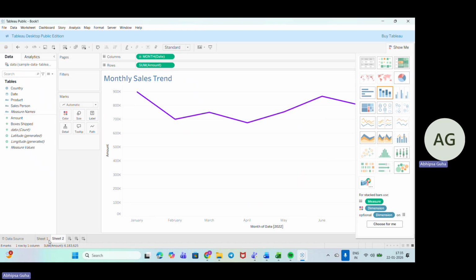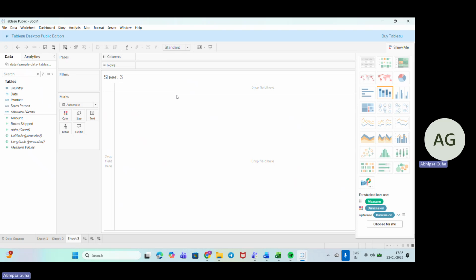Now we have created the two sheets. Now we will be assembling it in a dashboard. Okay, before that, we have to create a business report, like some of the KPIs we need, right? So for that, we'll add another sheet and now we will be adding some of the KPIs. So of course, I would be needing the total amount. So I'll just put it down here. Also, I need boxes shipped. So I'll just put it here